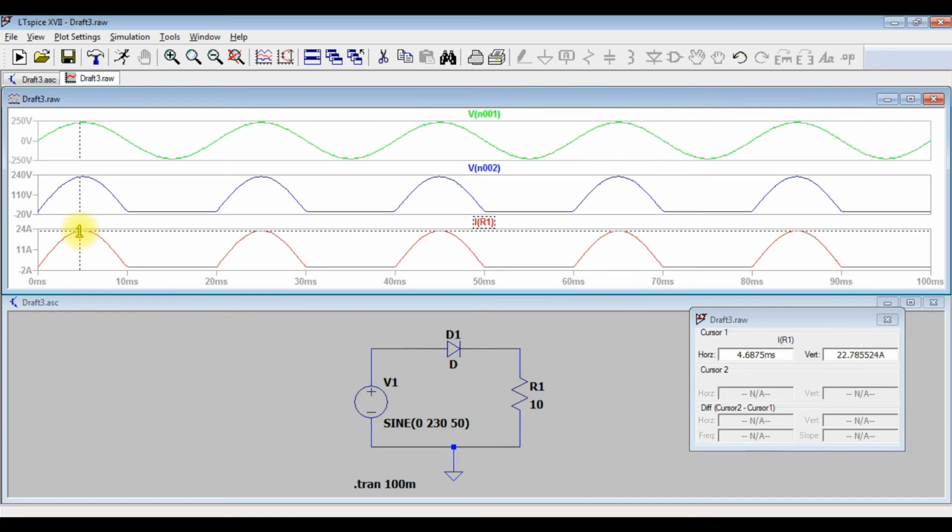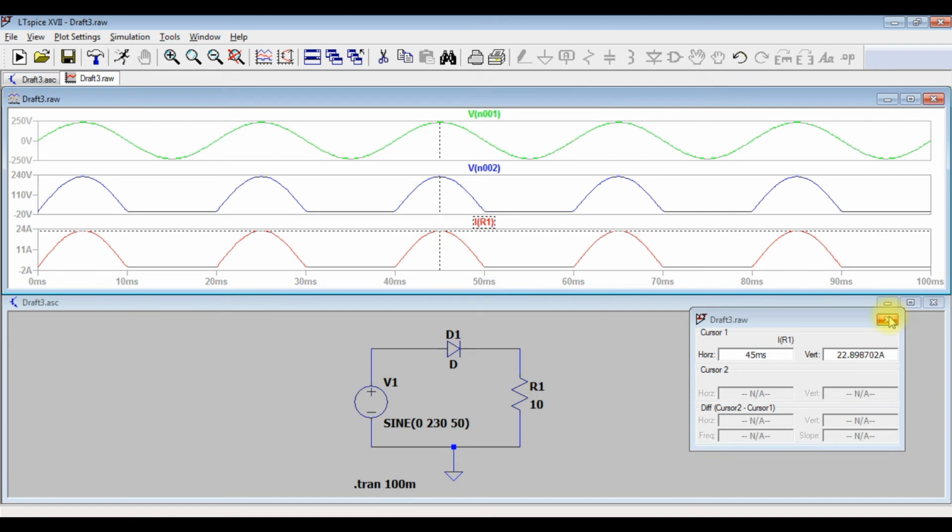So I will consider that this is at the point of like 5.07. The current is 22.86 ampere. Or I will just move here and try to adjust it somewhere here like this. Exactly at 5 milliseconds, you are getting the current of 22.89. That means 22.9 ampere, which is very much close to that of 23 ampere. This is one way you can analyze.